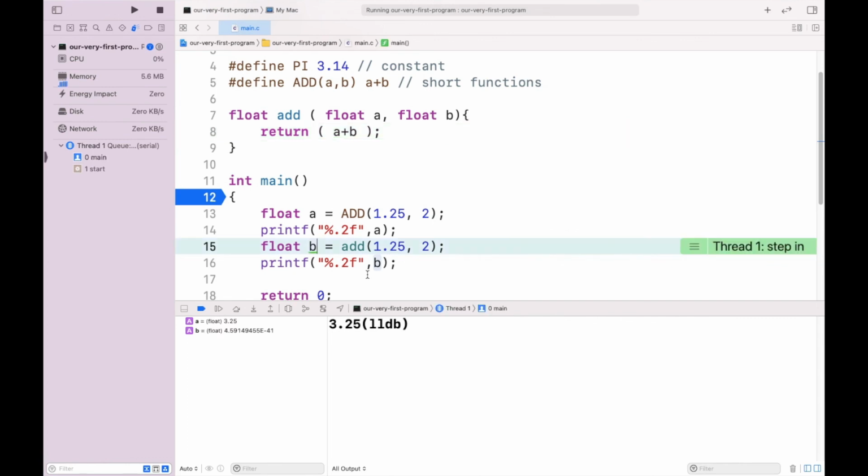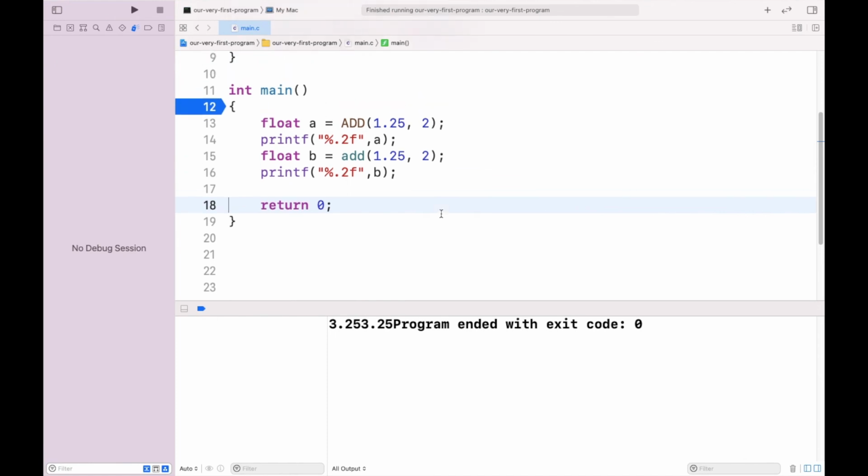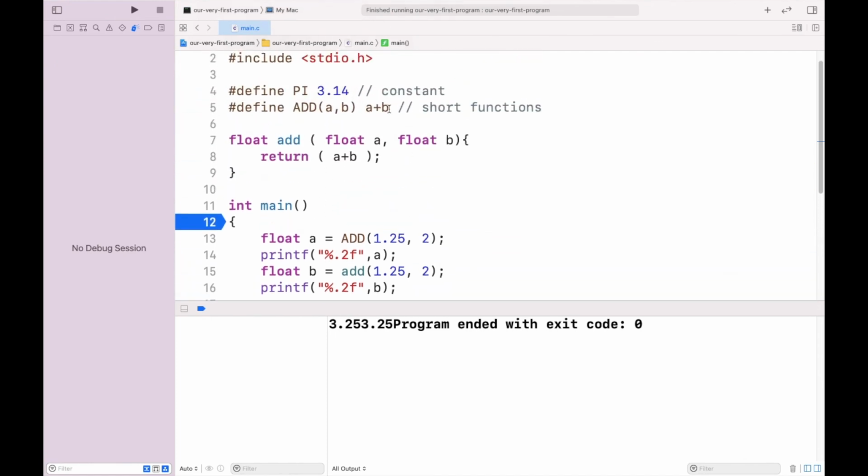Now I guess you know the difference between functions and macros. In the case of macros, the replacement text is substituted before the compilation, while in functions, whenever the function is called, the flow of control shifts towards the definition of the function. So this was all about preprocessor directives. See you in the next video.